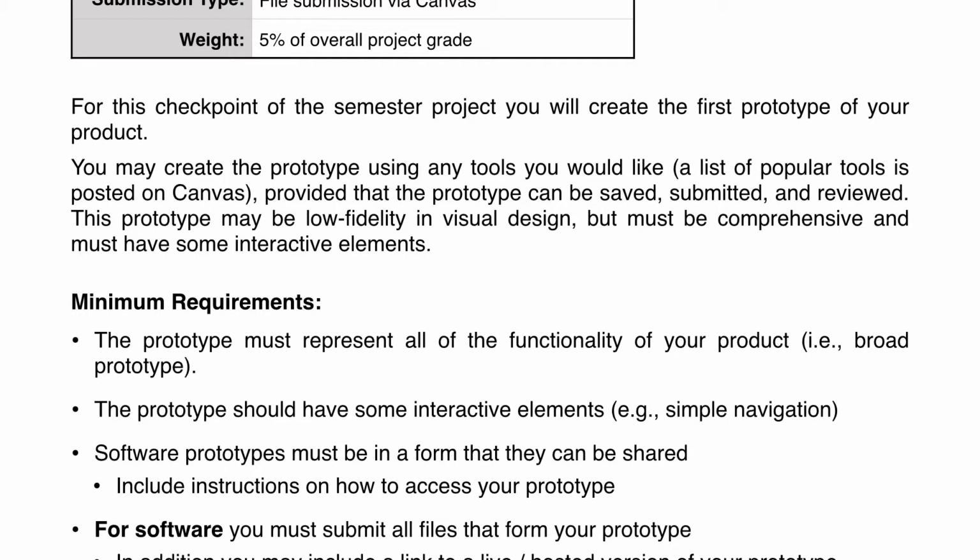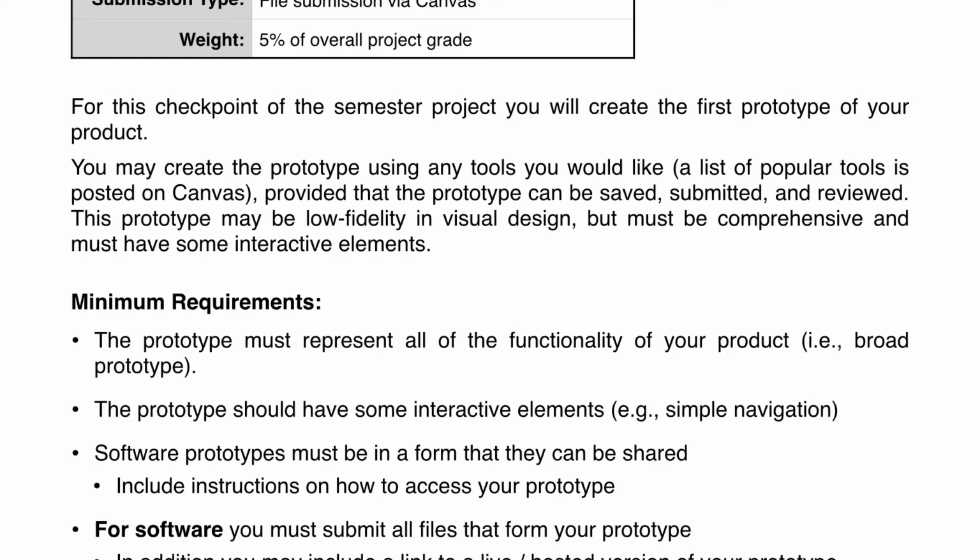So now moving to prototypes. So this will be taking kind of what you've sketched and the thing that you're making for the semester, and making a first prototype of that. For most of us here, we're doing apps, software stuff. A few of us are doing hardware. So what you'll want to do is choose one of those tools that we went over last lecture, and they're on Canvas. There's a list of them. One of those tools, or if you find another tool that works well for you,